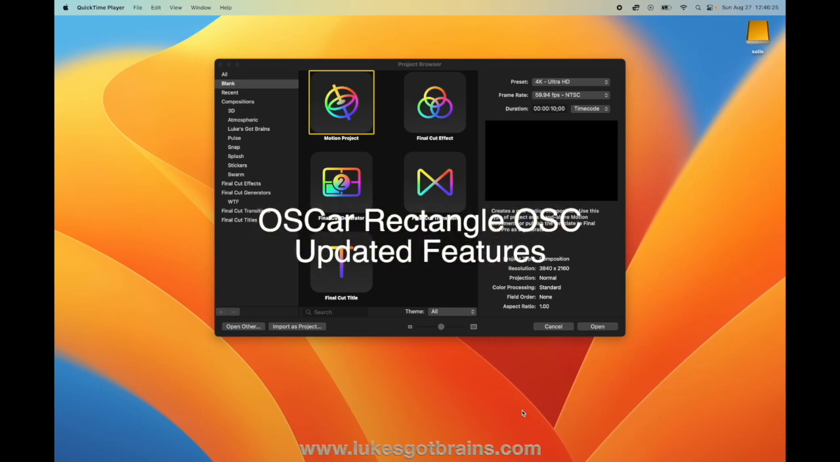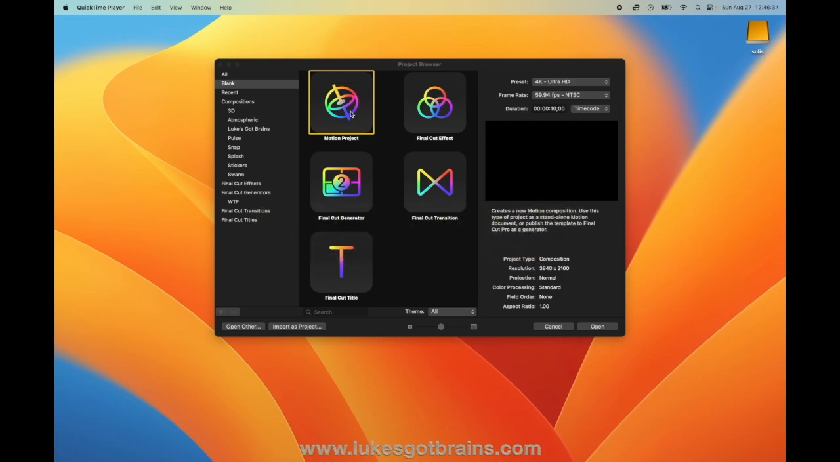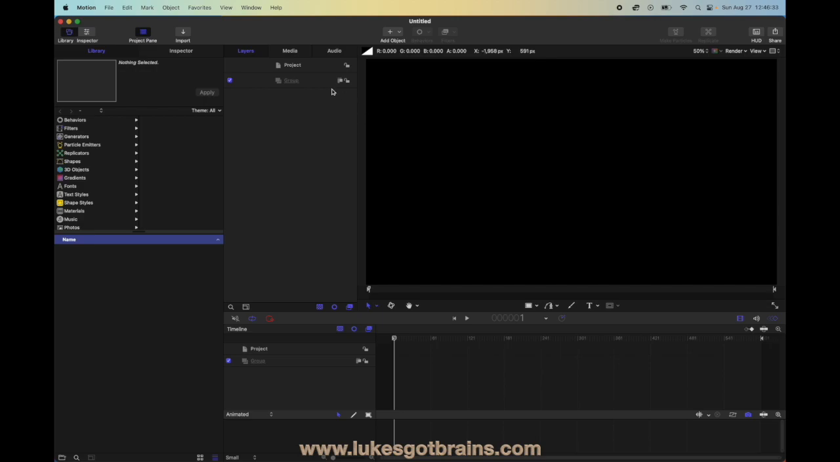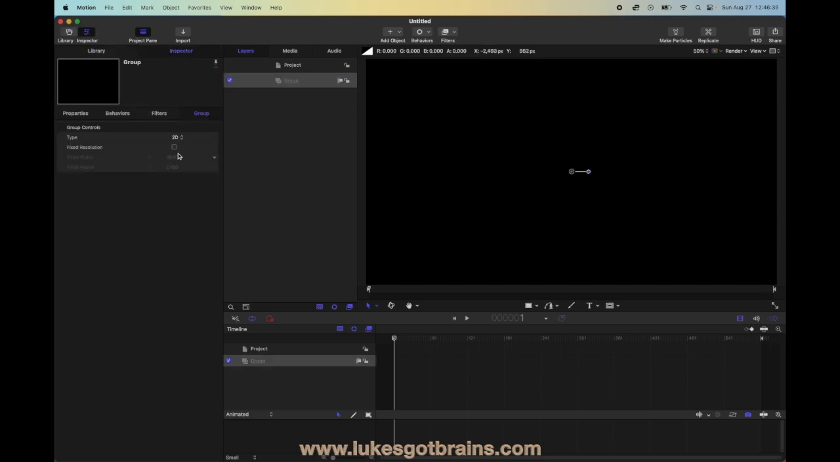Hi, and welcome to the updated demonstration of Oscar Rectangle on-screen controls. Create a new project, go to group, and because right now the Oscar Rectangle on-screen control uses object space instead